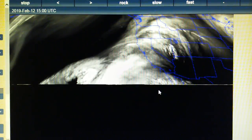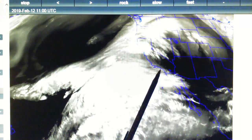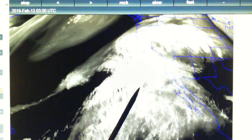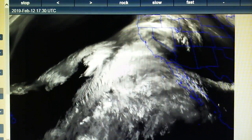Anyhow, that's what's happening. So looking at the SSEC map, this covers the last 24 hours. We can see the beginning of this map begins pretty much about last evening. We see the beginning of that moisture moving in right there. And I didn't have time to do a video the last couple of days, but we can see that that moisture moved in starting last night. We have a lot of dead frames on this map. We have the Hawaiian Islands out here,